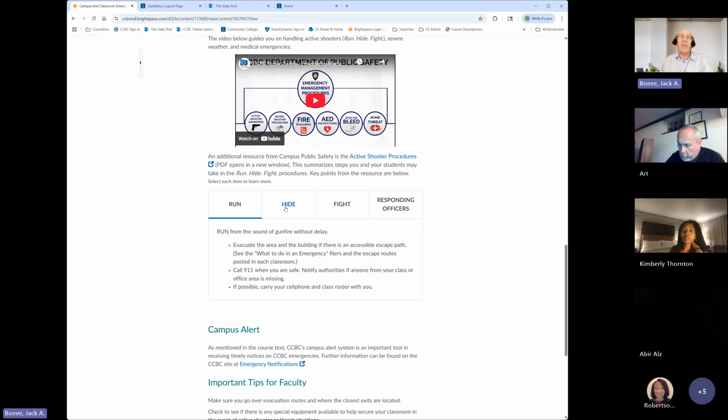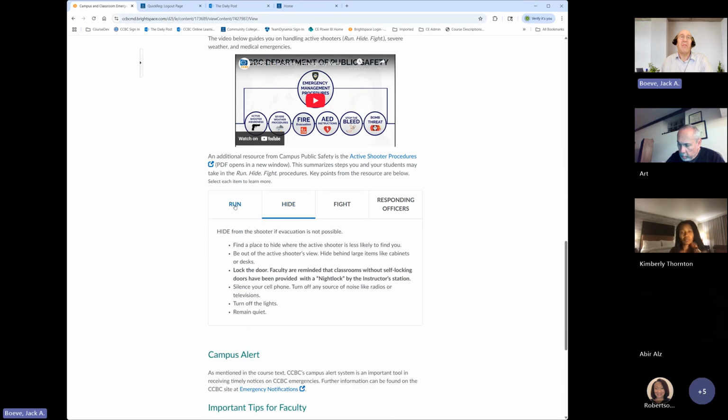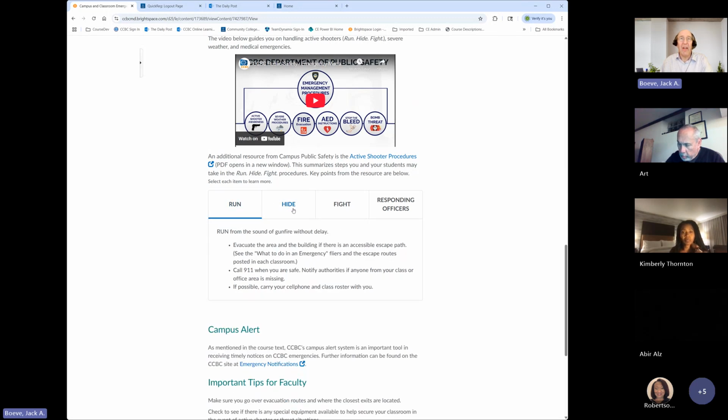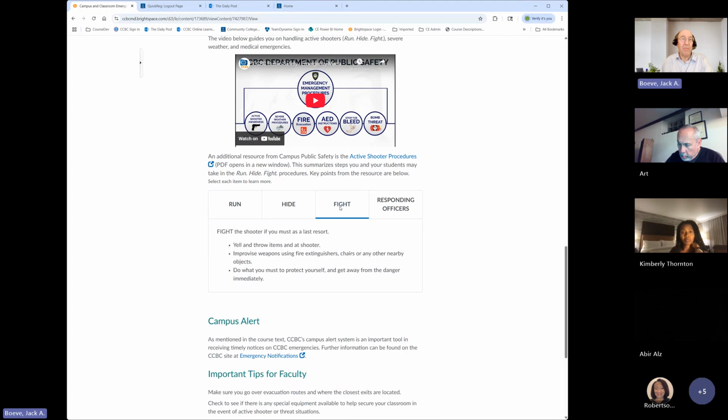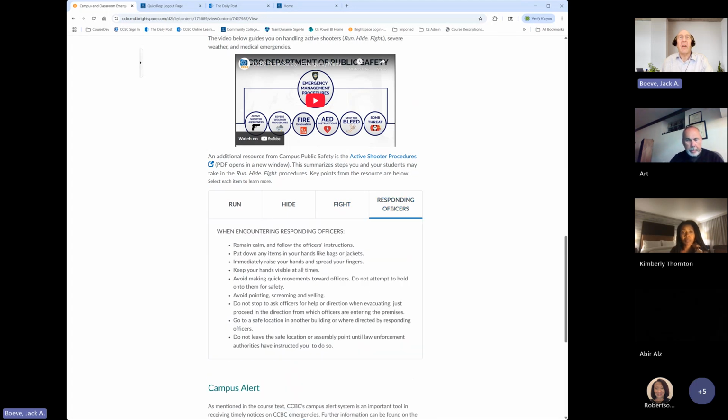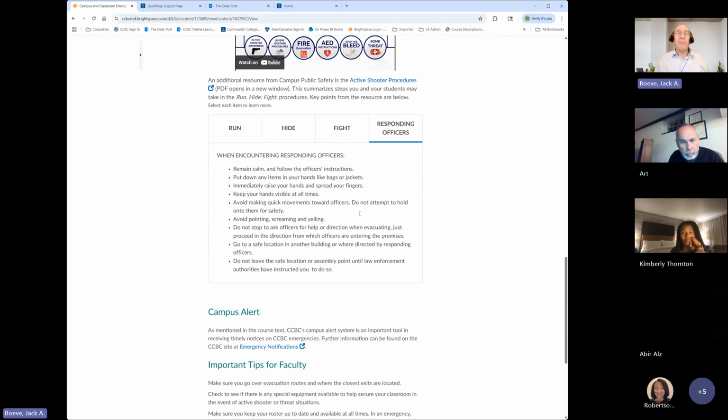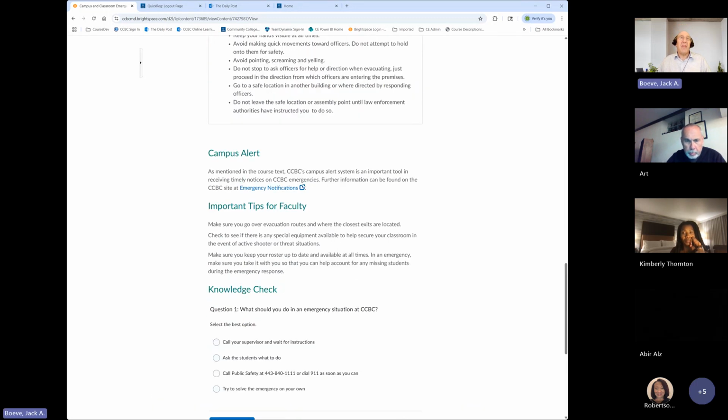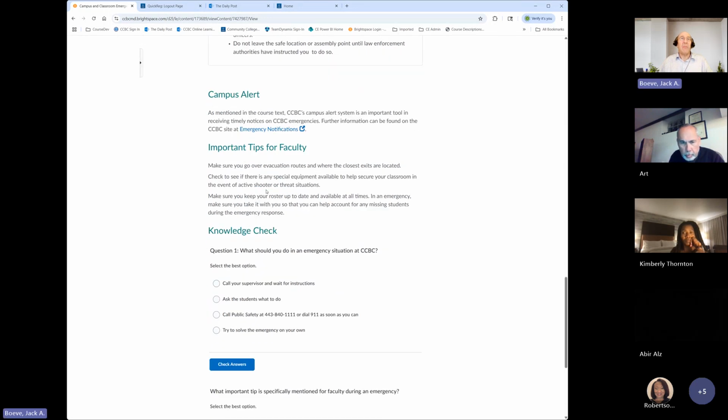This little interactive here, we're just trying to highlight the run, hide, fight steps and how to interact with our campus police officers. We also have the campus alert that you can be signed up for to get emergency notifications. And then just some other tips about evacuation routes and